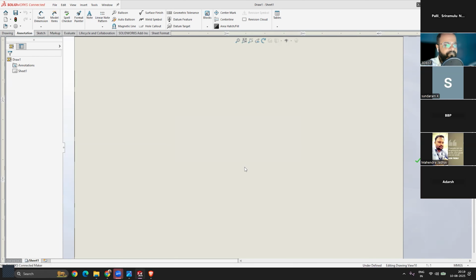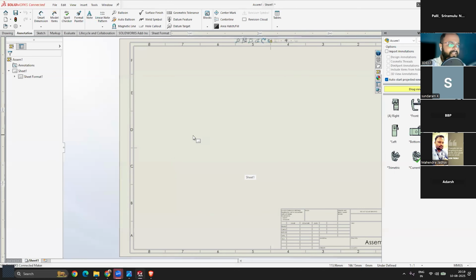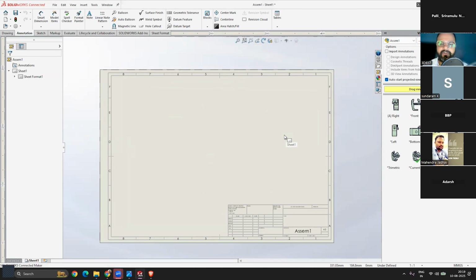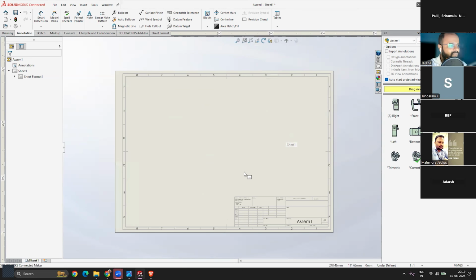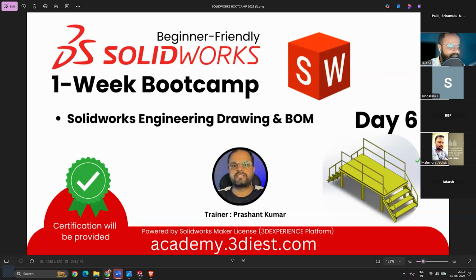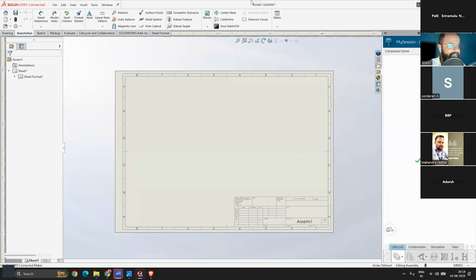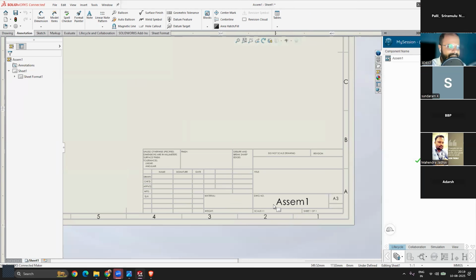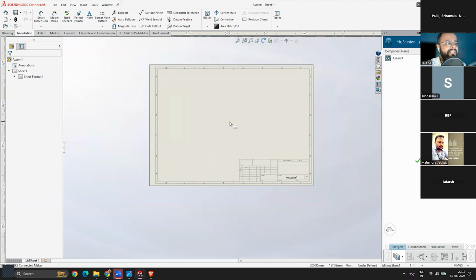I will press OK. And the moment I press OK, here you can see this is the template I got that is provided by SolidWorks by default. Here you can see. And since I started this drawing from our assembly file, and if you remember, the assembly file that we used had a name. Here you can see it was Assembly1, right? AAACM1. The name was this. So in the drawing file also, you can see automatically it is taking the drawing number as AAACM1. But all these things we can customize.